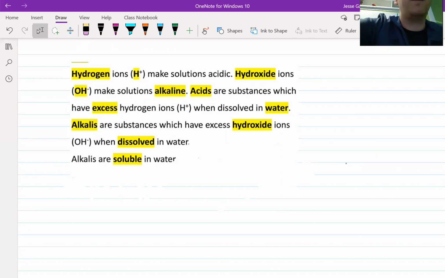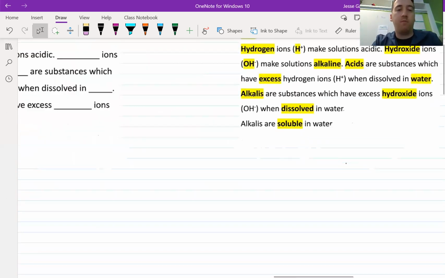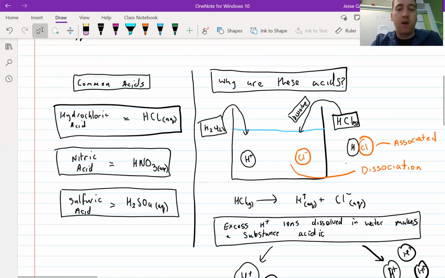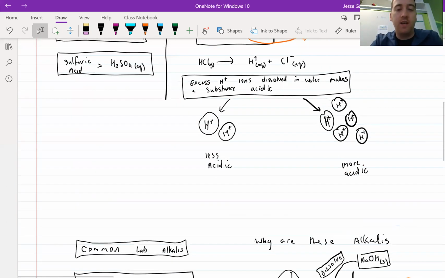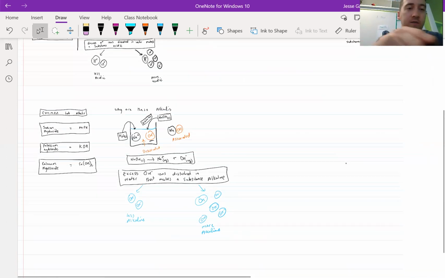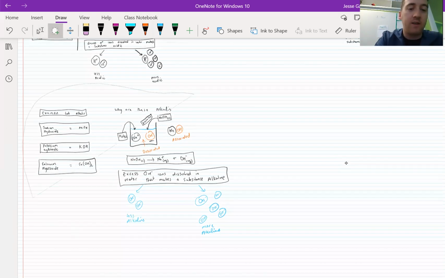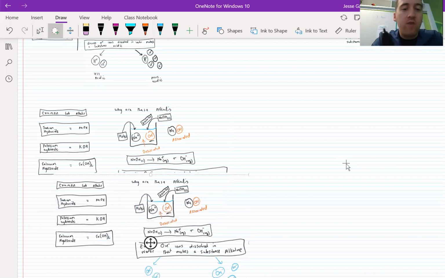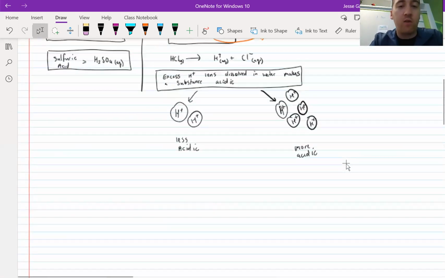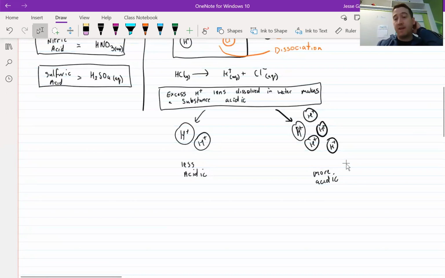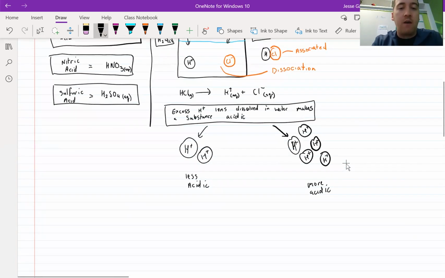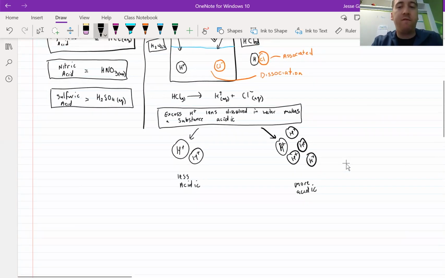All right, we're just going to make this idea a little bit more complicated now. We're going to go back over here where we were describing these things. There's a little bit more to the story of acids and alkalis. So we're going to start with the acids. I haven't really given you a proper definition for it yet, and that's because there's a couple of definitions on the course. Now, we're going to focus very much on what we've already looked at, and we're going to look at one of the first